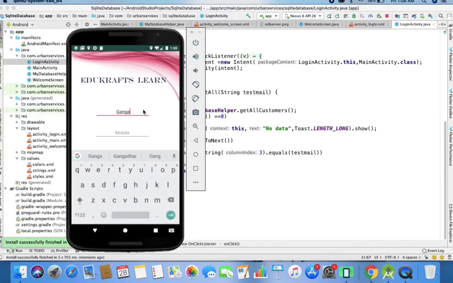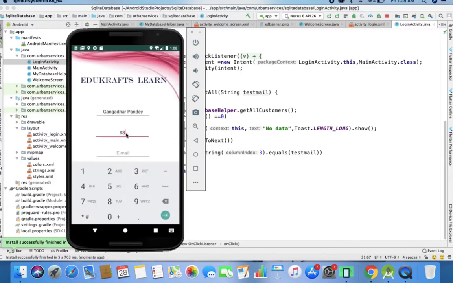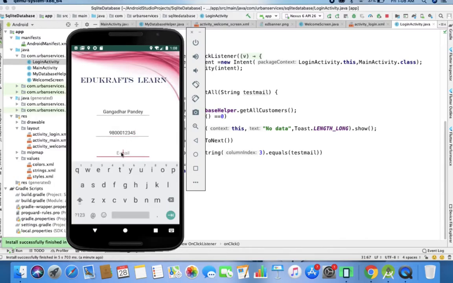So I write one, now this is the name I have entered, then a random number as a mobile number, and only you need to remember the password you are entering so that you can understand whether it's matching or not. So I write it as